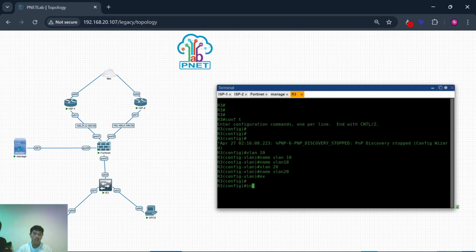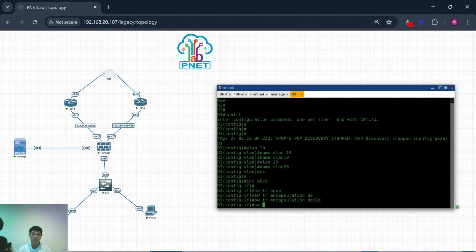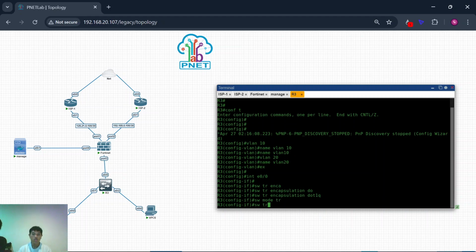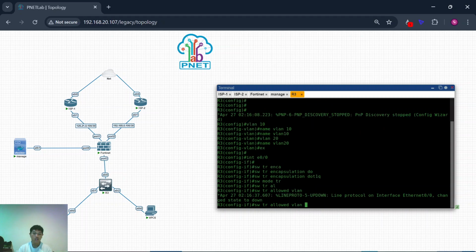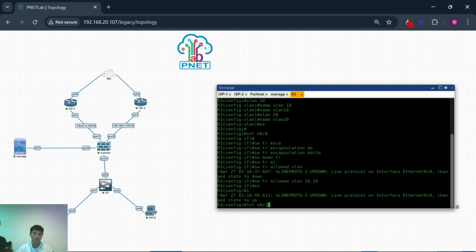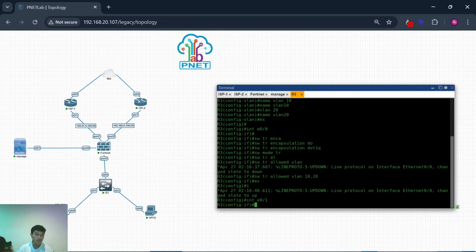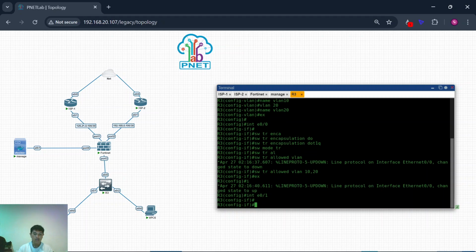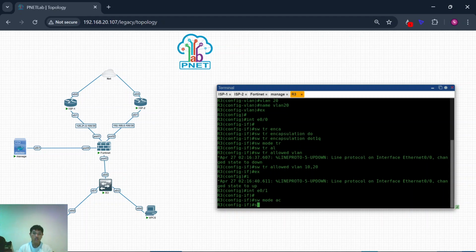Exit. Interface ethernet 0/0 connects to port 3 from the FortiGate device. Switchport trunk encapsulation dot1q, switchport mode trunk, switchport trunk allowed VLAN 10 and 20. Exit. Interface ethernet 0/1 connects to VPC4. Switchport mode access, switchport access VLAN 10.